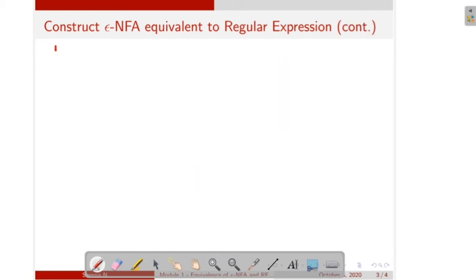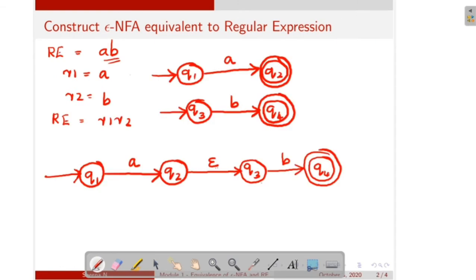Next is our regular expression is A plus B. Okay, A plus B. So here also we split the regular expression. So here we can write R1 is equal to A, then R2 is equal to B. You know the regular expression for R1 and R2. Okay, so we can draw here itself. Regular expression is A plus B. Here now what is R1? R1 is equal to A, R2 is equal to B. So here we can write the regular expression A plus B as R1 plus R2. R1 plus R2. That means R1 or R2.